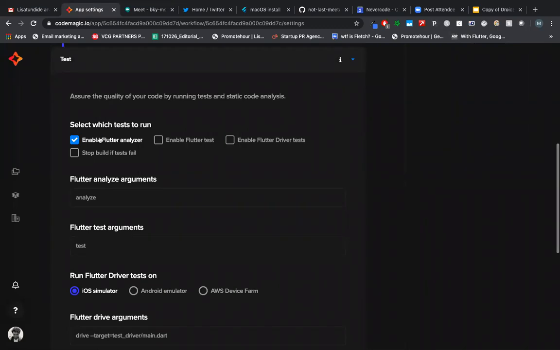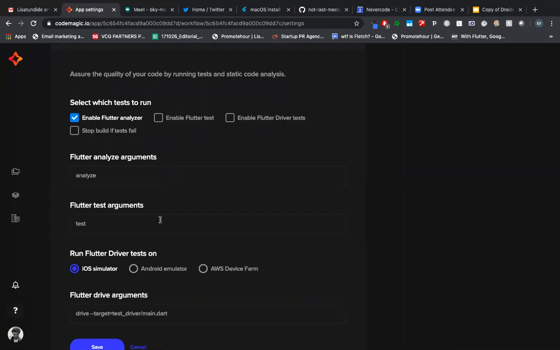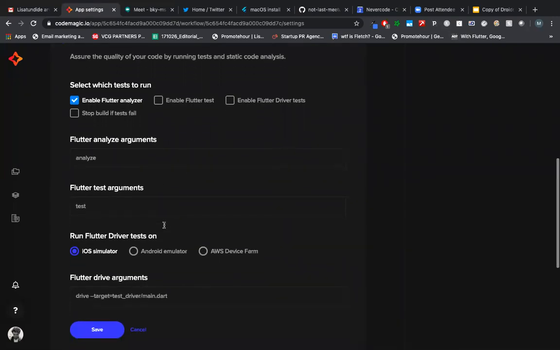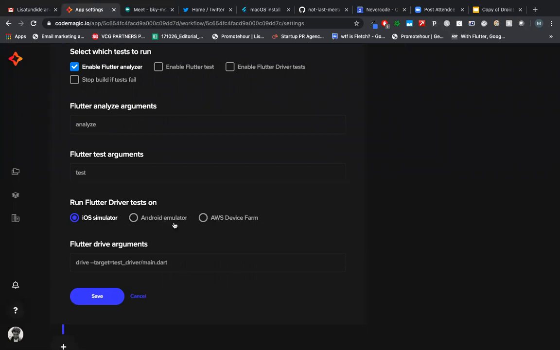In the tests, you can enable Flutter analyzer tests, Flutter tests, driver tests, and you specify the test targets over here. And you can choose if you want to run them on an iOS simulator, Android emulator, or AWS device farm. If you're running them on iOS simulator, they're going to be fairly fast because the build environment is macOS. If you're running them on Android emulator, it might be slower because you're using Android emulators within a